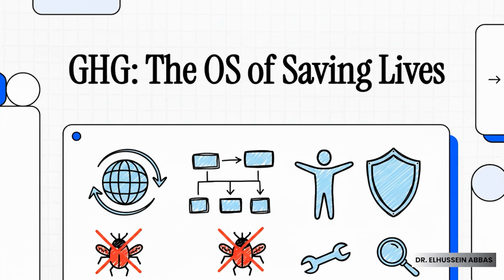You ever stop and wonder what's actually going on behind the scenes when the world tries to save millions of lives from disease? Well, there's a system for that. You can think of it like a global operating system for health. And just like any OS, it's got its strengths, but as we're about to find out, it's also got some pretty serious bugs that need fixing.